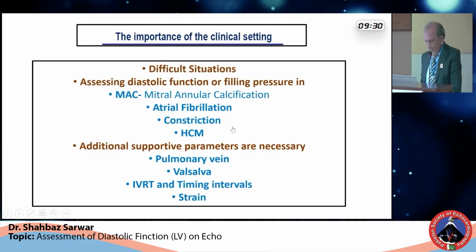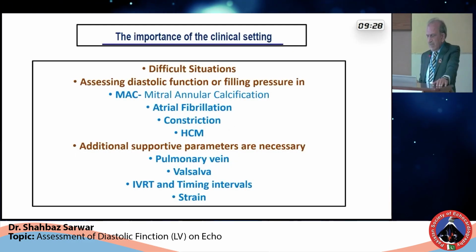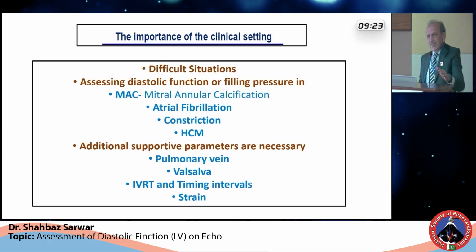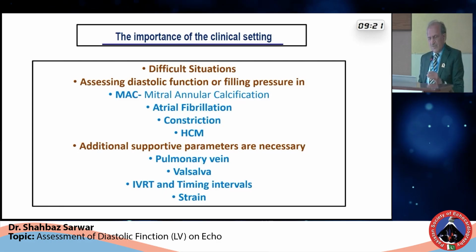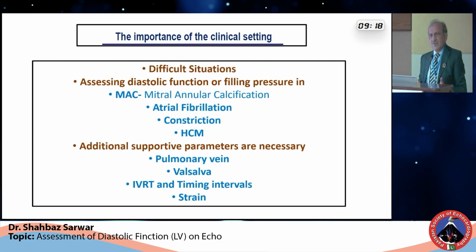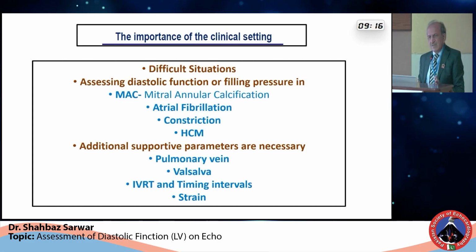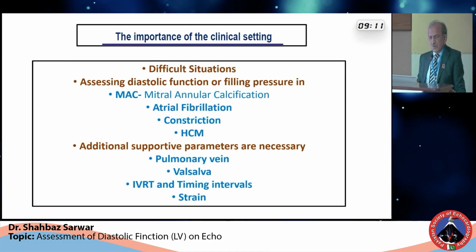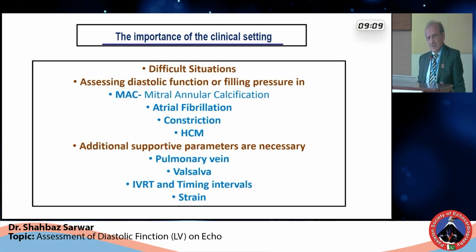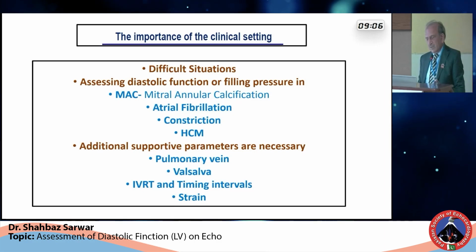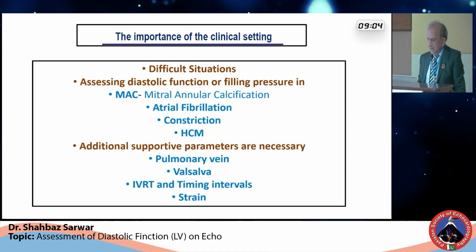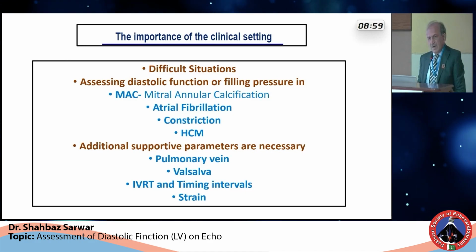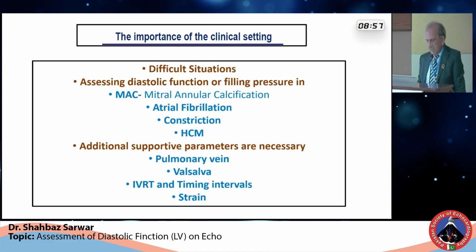Okay, I would move to difficult situations now. There are difficult situations in assessing diastolic dysfunction because life is not very easy. When we are showing the slides, it looks very rosy, very nice and easy. But in actual practice, things become difficult. There is usually MAC or mitral annular calcification. There is atrial fibrillation, constriction can be there, hypertrophy can be there. And there we have to look at the pulmonary veins, Valsalva, isovolumic relaxation time and timing intervals, and strain,